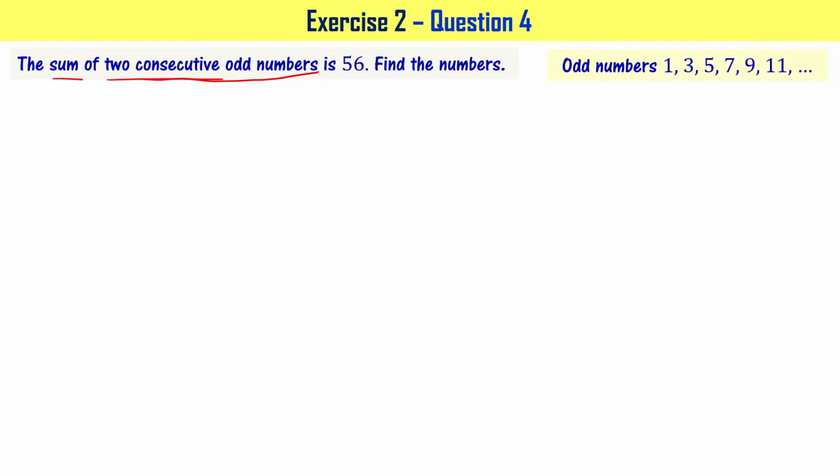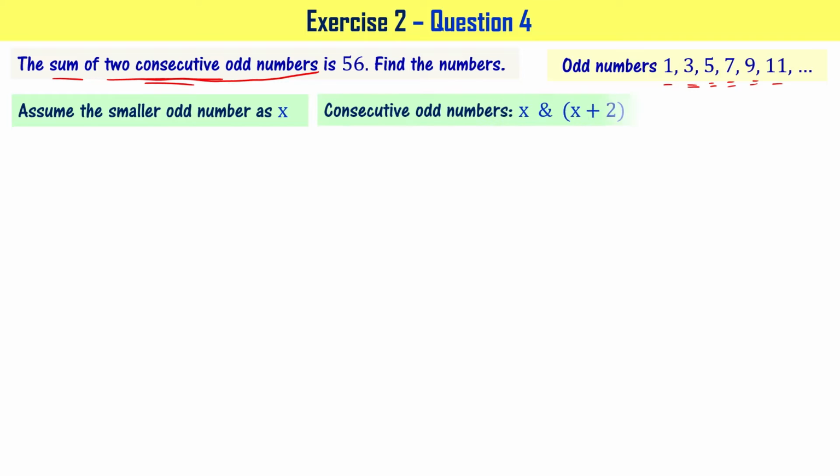Let me write odd numbers. 1, 3, 5, 7, 9, 11 and so on, right? You can write as many odd numbers as you want to write. If you observe, the difference between these two consecutive odd numbers is 2. 5 minus 3 is 2, 7 minus 5 is 2, 9 minus 7 is also 2, 11 minus 9 is also 2, right? It means if I say that the smaller odd number is x, the consecutive odd number is going to be x plus 2,